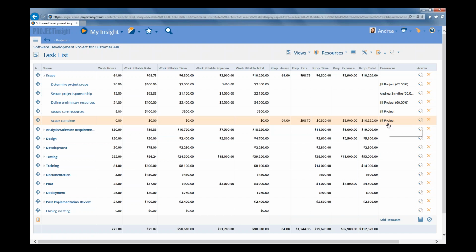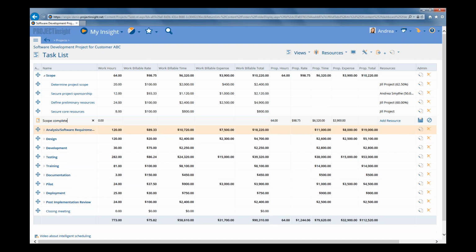Now, to show how all that works, let's click our edit icon again to go back into edit mode. And you can still do some calculations and figure out what you should set the proposed hours to and the proposed rate to get a proposed time with either that contingency built in or rounded up. Like maybe we'd want to say, let's change this to 70 hours and $100 an hour, and that gives us